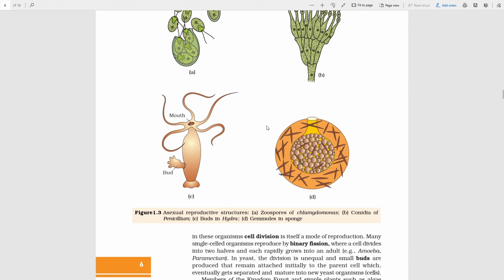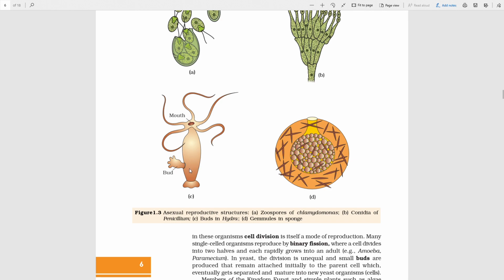Okay. Now we come to the next. We have buds in hydra. This small thing, or the offspring, is known as a bud. It can also be called an outgrowth or a protuberance. Now hydra has this special thing, the tentacles, which serve as a kind of defense, to defend themselves from the prey. They have a mouth, also known as a hypostome. This long middle part is known as a stalk, and in between it's the gut.